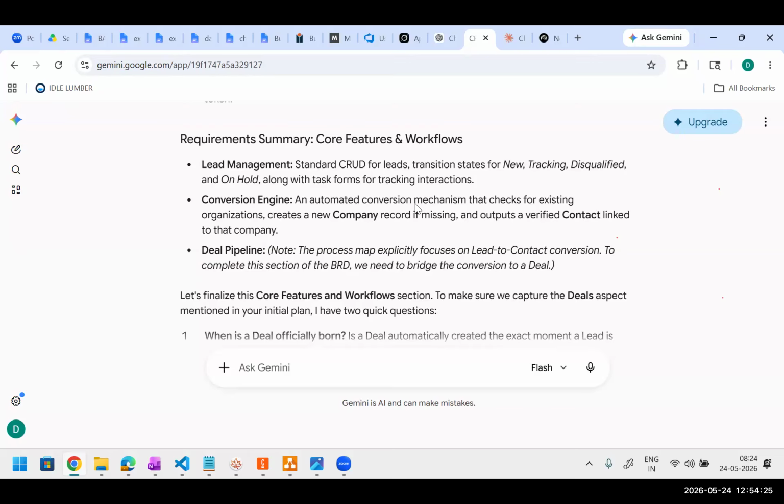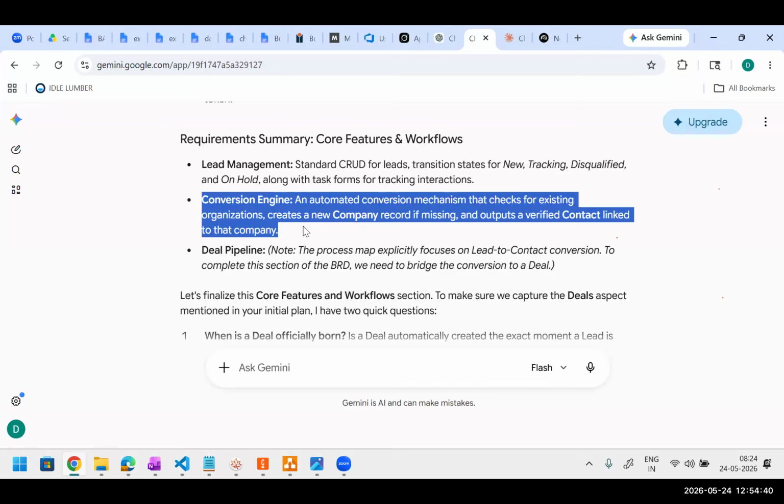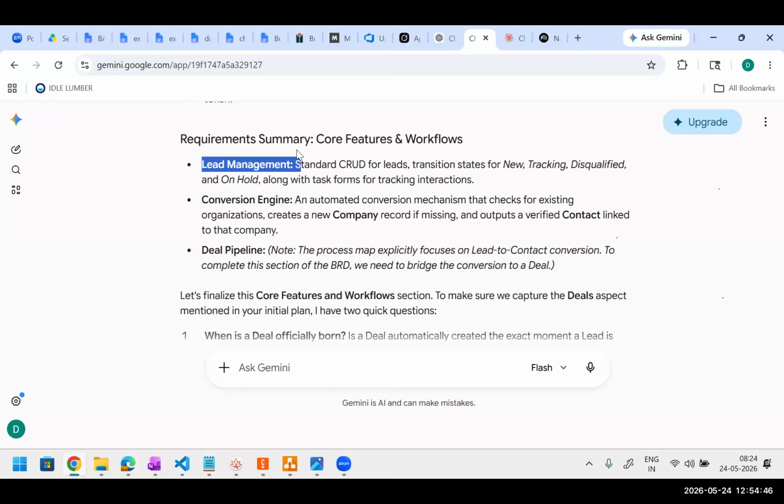Conversion. So, an automated conversion mechanism that checks for an existing organization, creates a new company record if it's missing, and outputs a verified contact link to the company. This is a separate module. But can we include the same conversion engine in lead management? It is a trade-off. It is a decision trade-off. End of the day, we should be